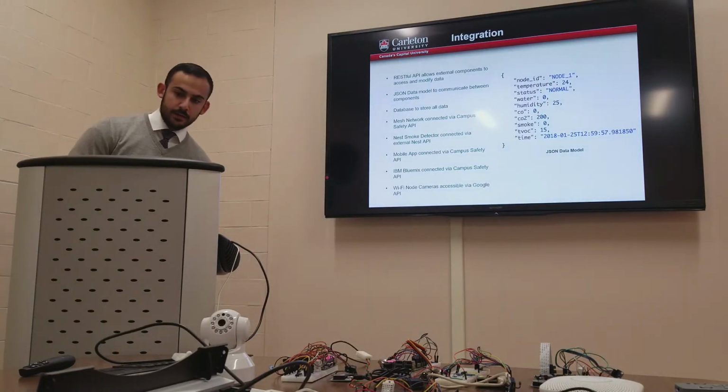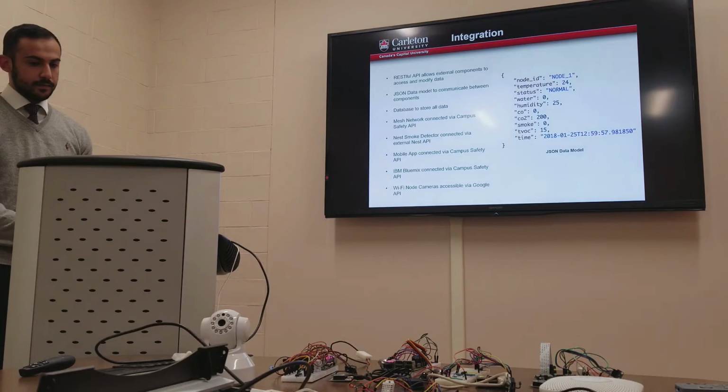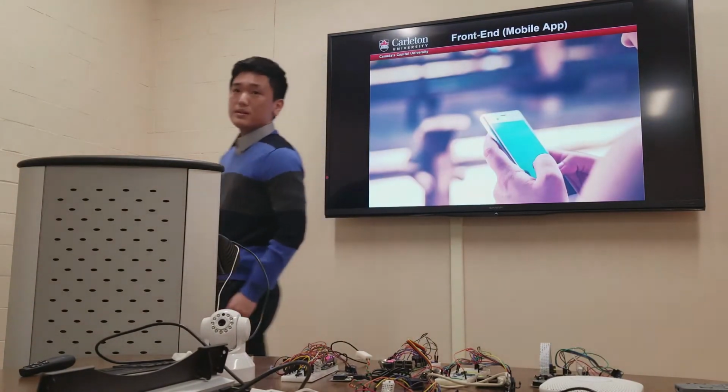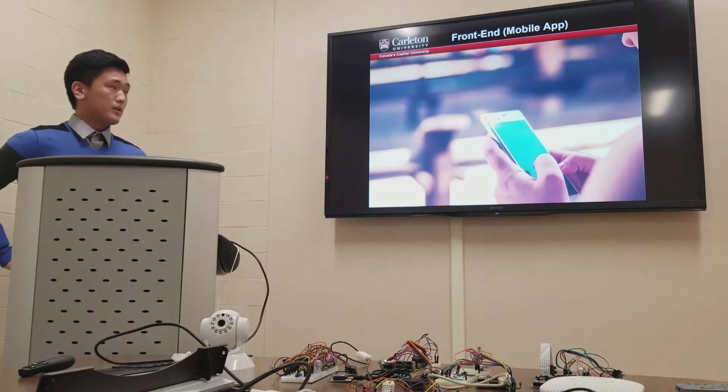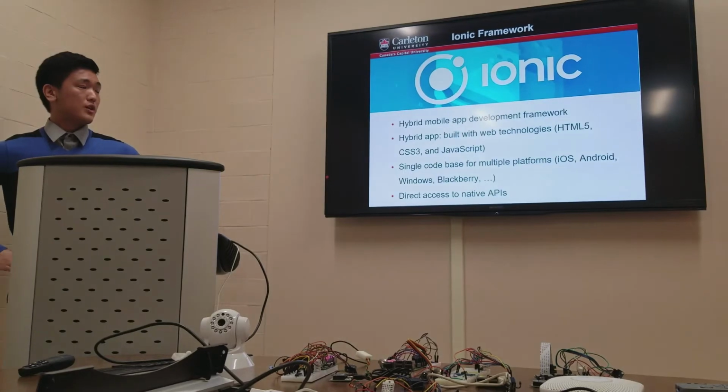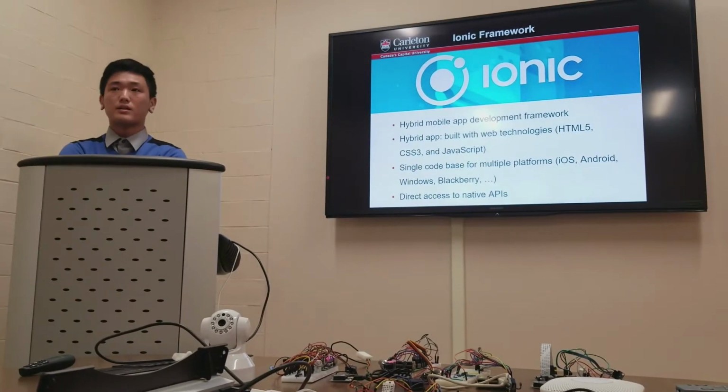And now I'll pass it on to Hooseon, who will talk about the front-end project. Hello again, and I'll be talking about the mobile app for this project. Before I talk about the functionality of the app, I would like to briefly talk about the technology I'm